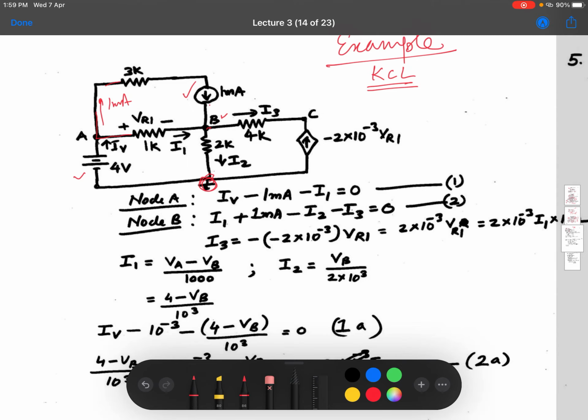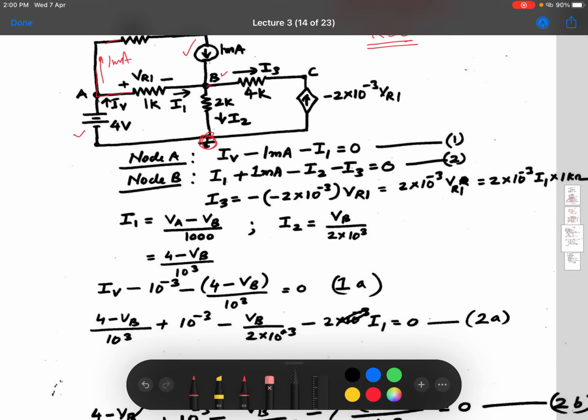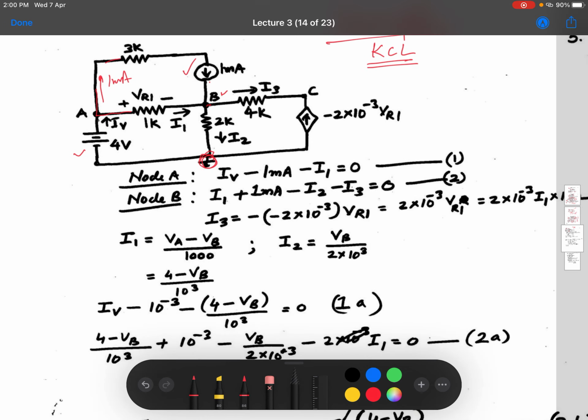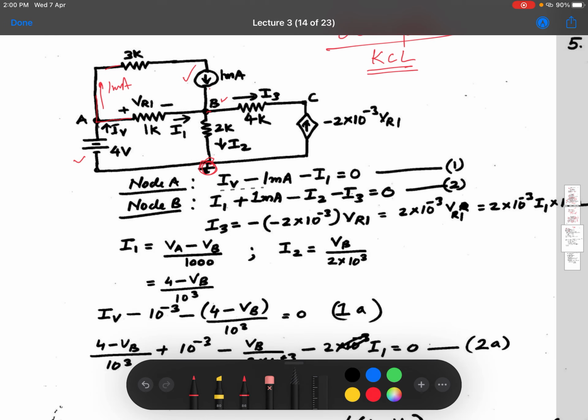What is this? I think this is for IV, VA minus VB. A is this one, and how much is VA? This is 0, same as this one, and 0 plus 4 volts, so VA becomes 4 volts. That is the substitution made, VA equal to 4 volts, so 4 minus VB, same equation written here. So I1, I2, and similarly IV, then I can write this equation once again by substituting the terms.